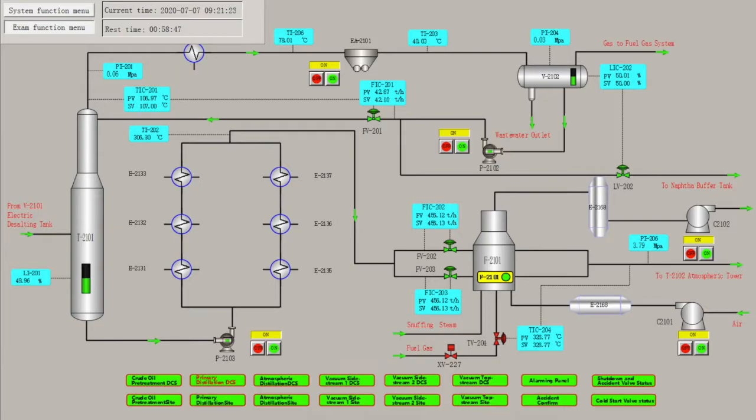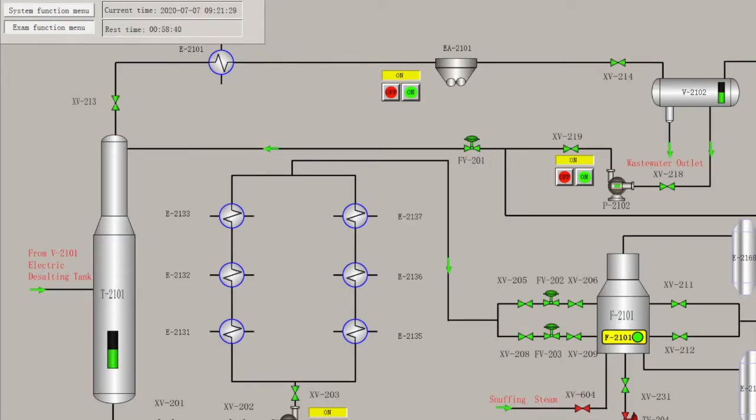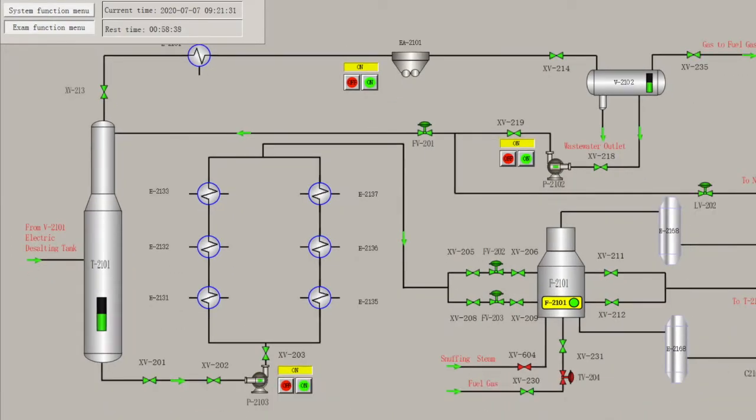So now we report on the monitor that the inlet regulating valve TV204 for the fuel gas in the atmospheric furnace has now been closed. Next, we'll have to close the front and rear hand valve of XV230. So once we're done with that, we report it to the main operator that we've closed the front and rear hand valve of XV230. And then next,